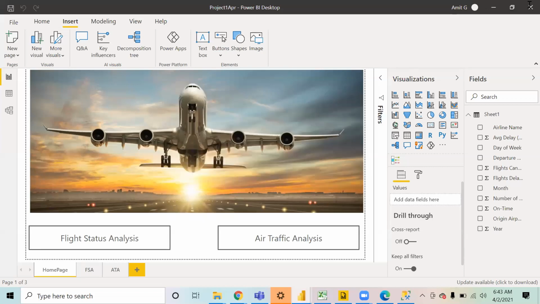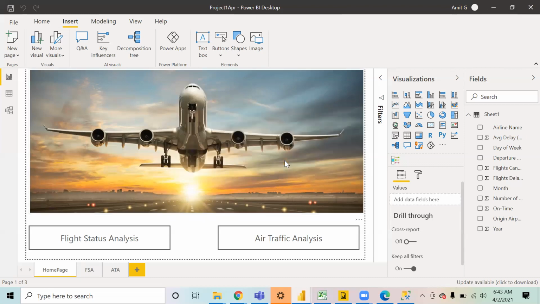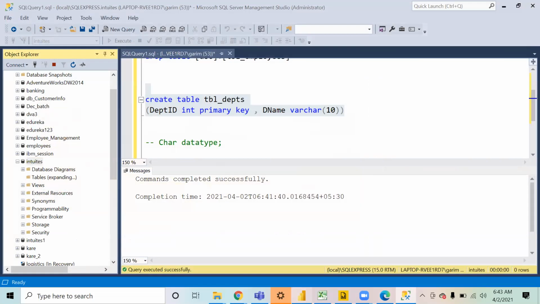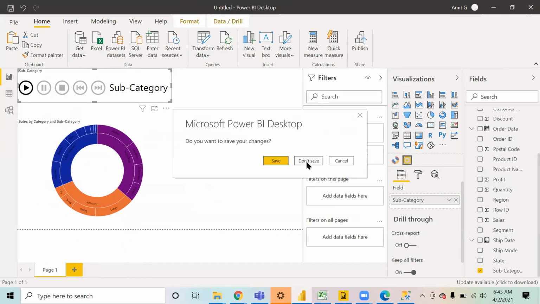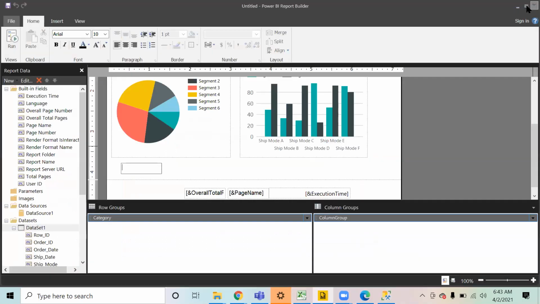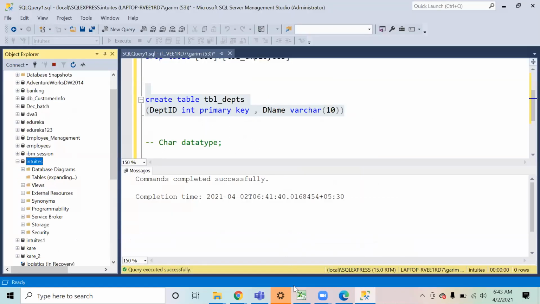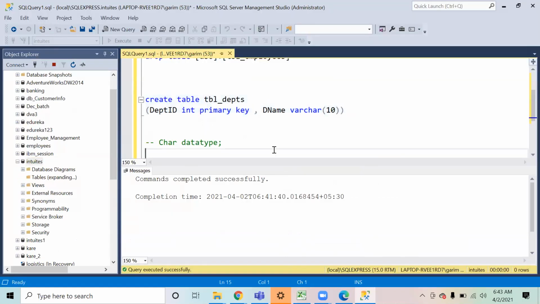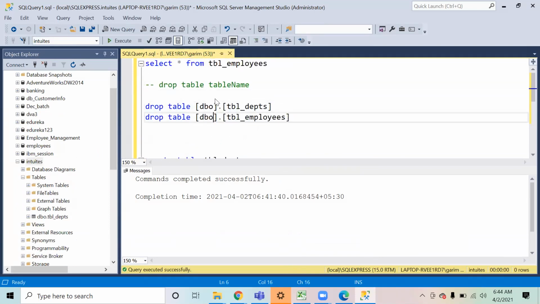Hi, can you please show how to drop the table once again? To drop the table, we just say drop table and the table name.